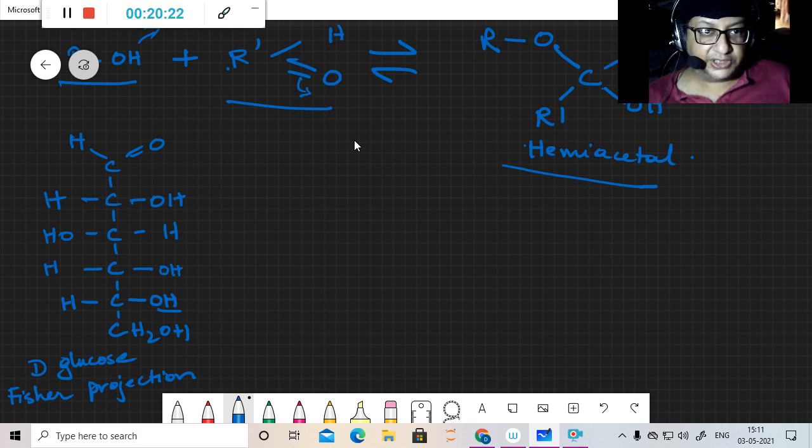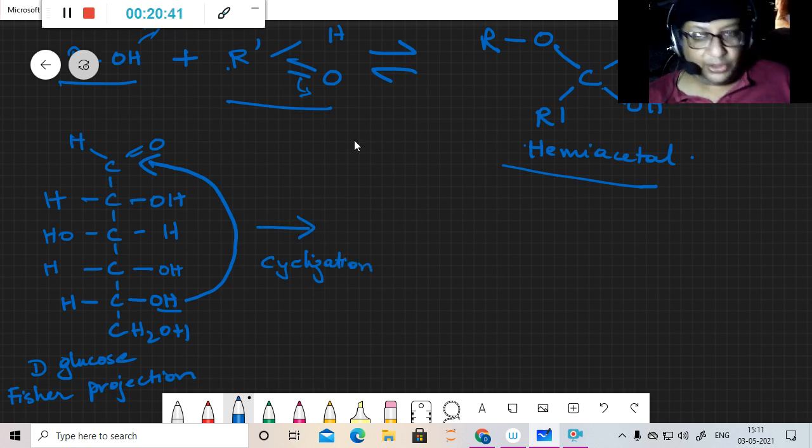D-glucose Fischer projection. Now what happens when this OH attacks here? It's the same molecule. A cyclization takes place, and what you find eventually is